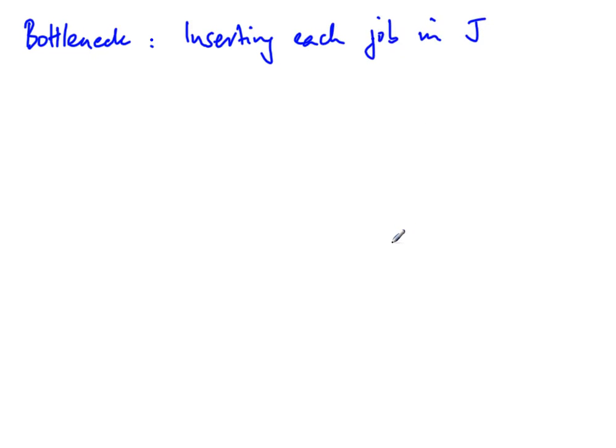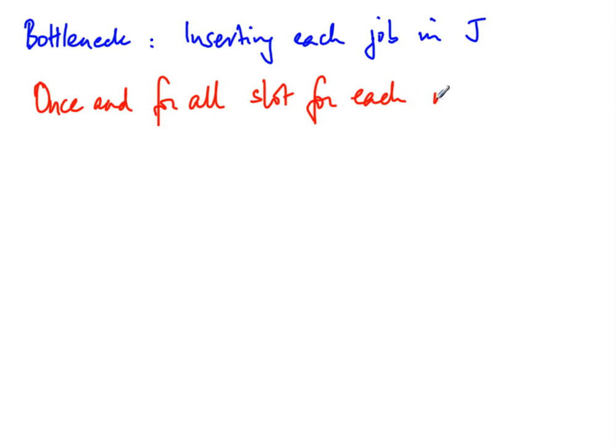And the reason that the bottleneck comes is because when we insert a job in J, all the existing jobs in J may have to shift by one. So the job starts off being scheduled at a given point, but as a later job comes, it might displace it to the right. And this is really what the effect of that insertion is. So wouldn't it be nice if we could schedule all jobs once and for all in an optimal slot, right? So we want a once and for all slot for each new job,